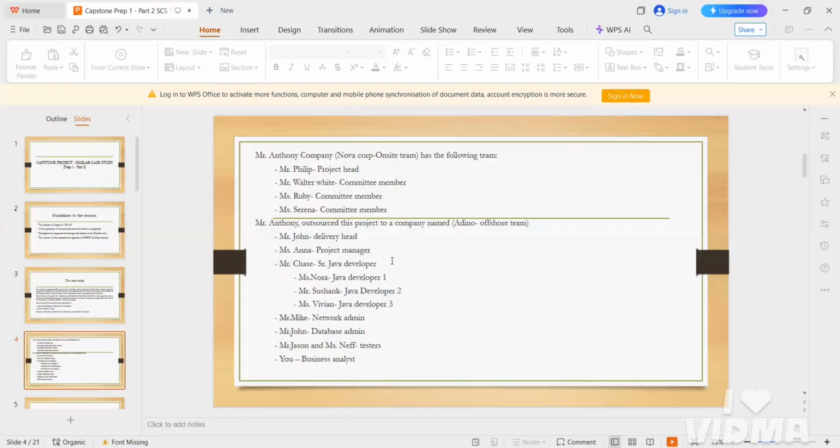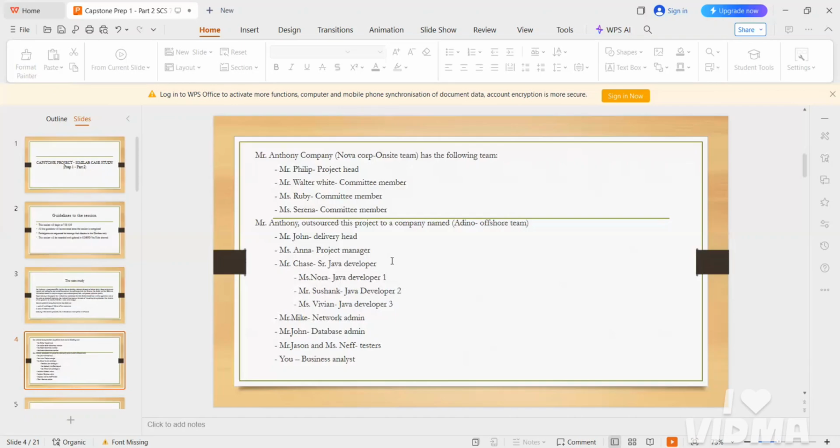So in this case study, we need to create an application related to fashion. Fashion is nothing but whatever things you want, you can put in that application about fashion.